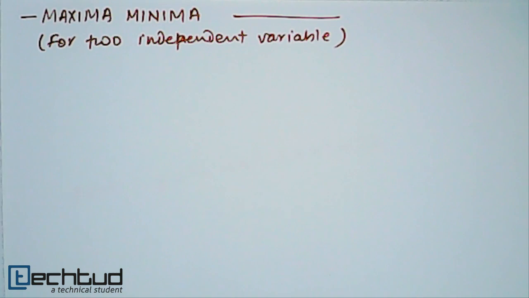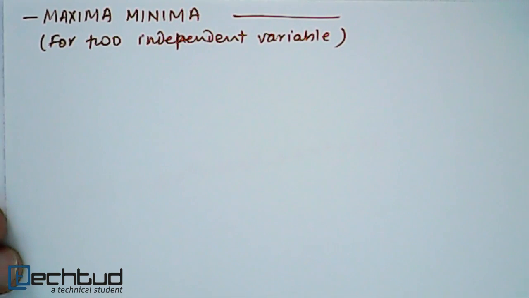In this lecture, we will solve an important issue, that is how to find out maxima minima for the function of two independent variables. So till now we have studied how to find out maxima minima for a function of one variable. Here we have to find out maxima minima for the function which is of two independent variables. So how do we go to find out this kind of maxima minima? So this is again a static method to find out maxima minima, as we discussed for one variable.